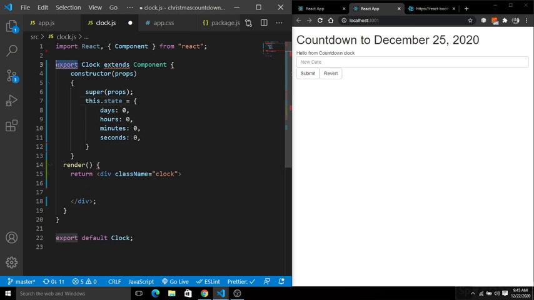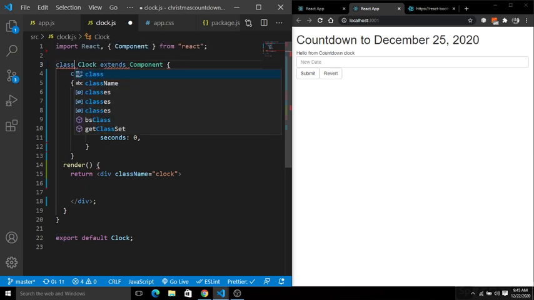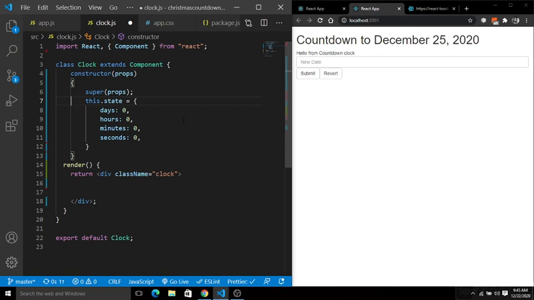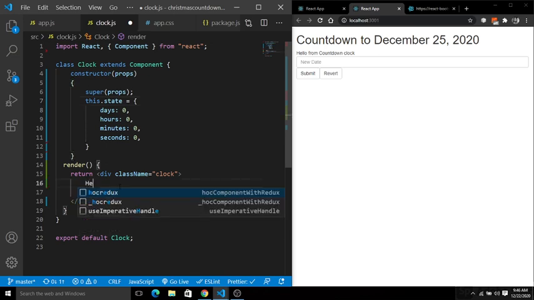Instead of this, put class component. We have created the class component, and now we are fine with this. Now what I am going to do here is render something smoothly. Let me check it: Hello from countdown clock.